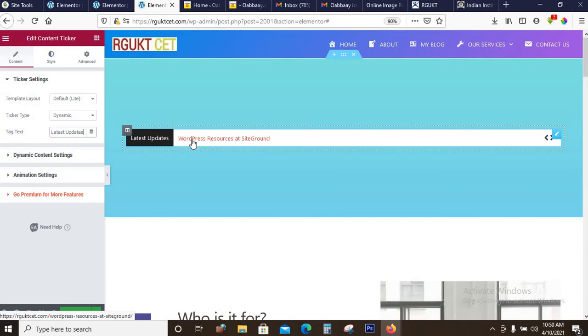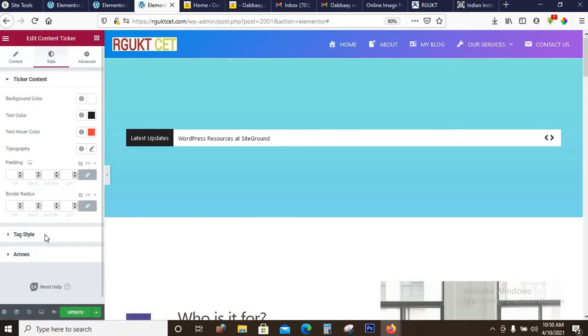And this is a WordPress post that comes in default. If I have not created any posts on my website, that's why it is not showing. But by default, when you install WordPress, it will come up with a default WordPress blog, and this is what it is. Then let us change the background color